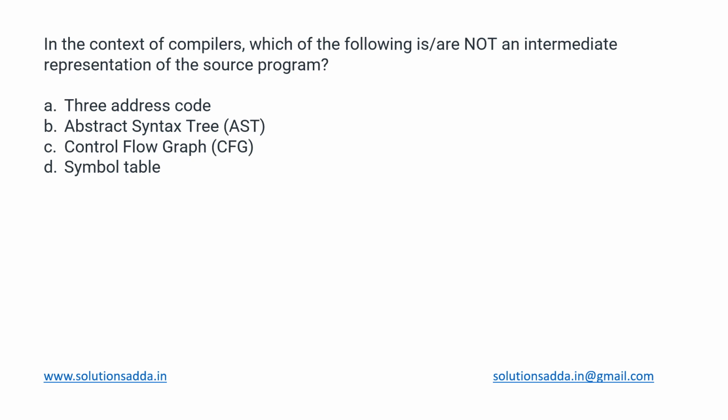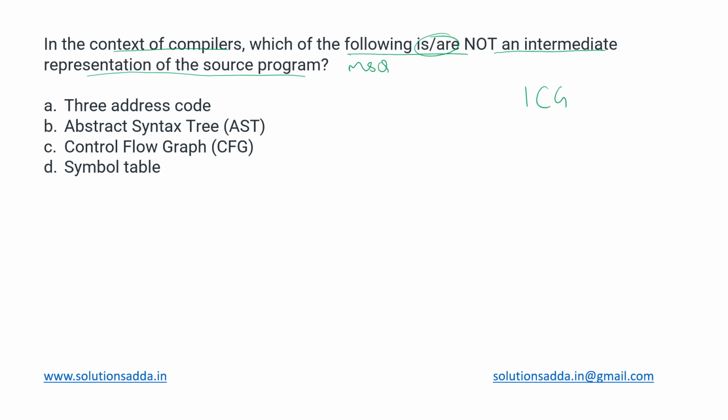This is a compiler design question. They are asking that in the context of compilers, which of these options is or are not an intermediate representation of the source program. It is an MSQ type of question regarding intermediate code generation, which we know ICG is